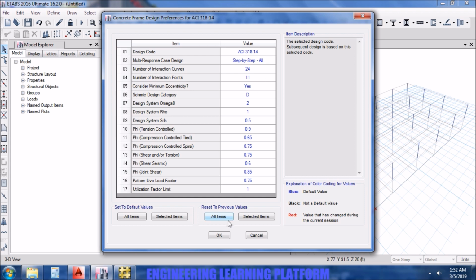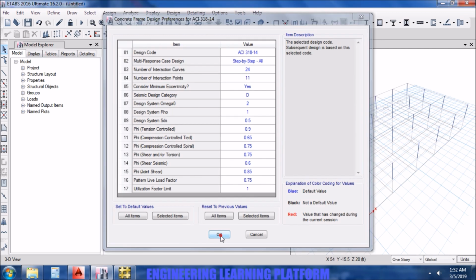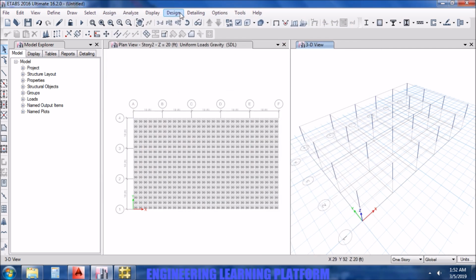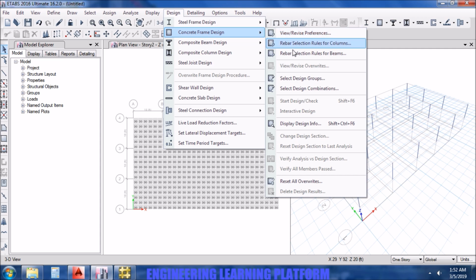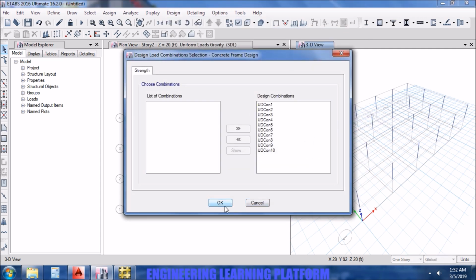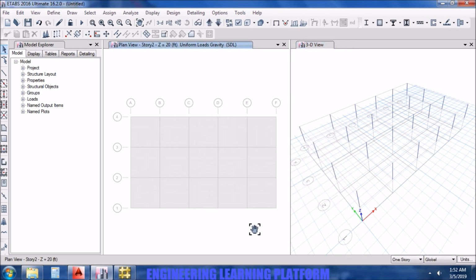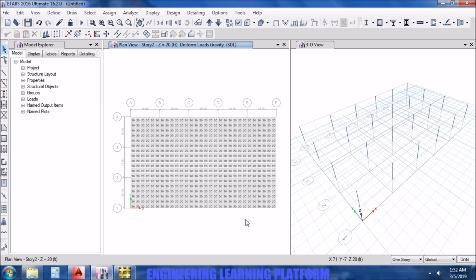First of all, selecting the design code from the preferences and the design for the soil type. The design combinations are already added. Okay. Since we have added the design combinations in ETABS as well as the load cases, now we are required to